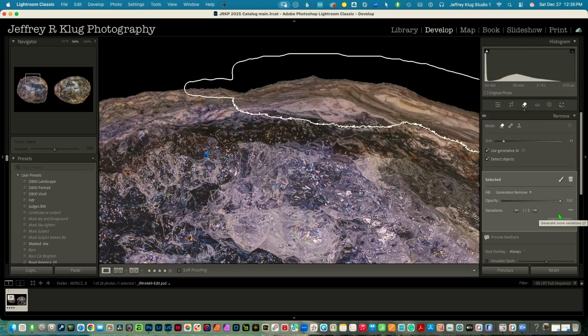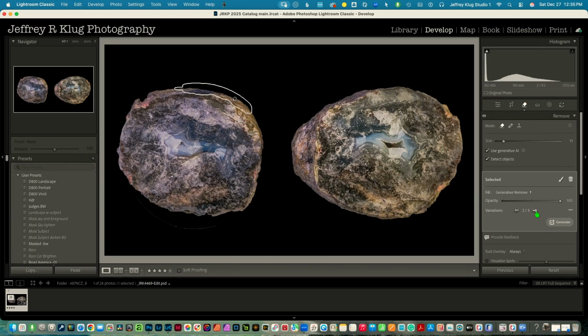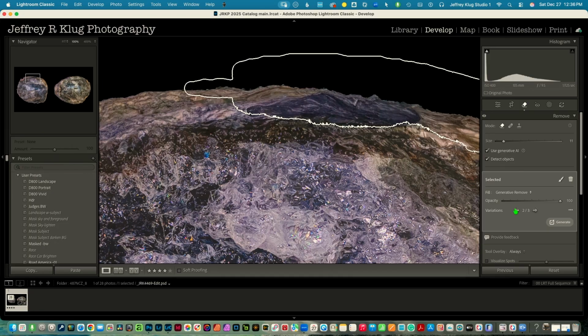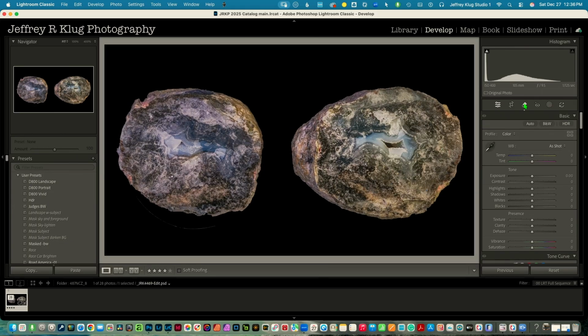Well, we get three choices. That one's actually pretty good. I could live with that. That one's not bad either. I'm not as worried about it being completely accurate. I actually think that one's probably good for this particular version of it, and I have a number of versions. This would work fine, and the other part that I see that I need to remove is that